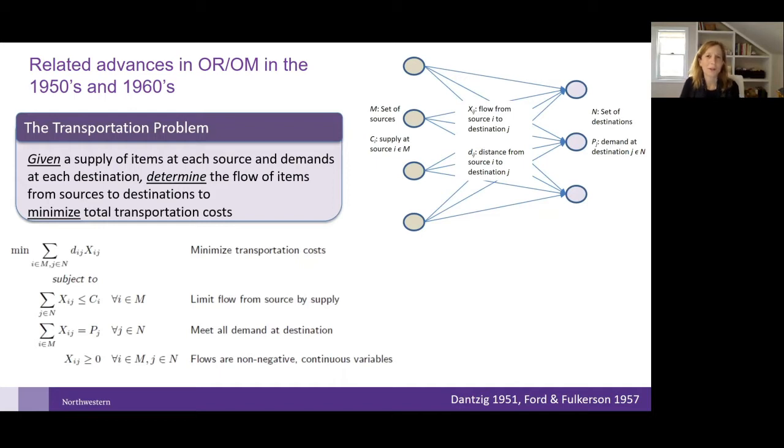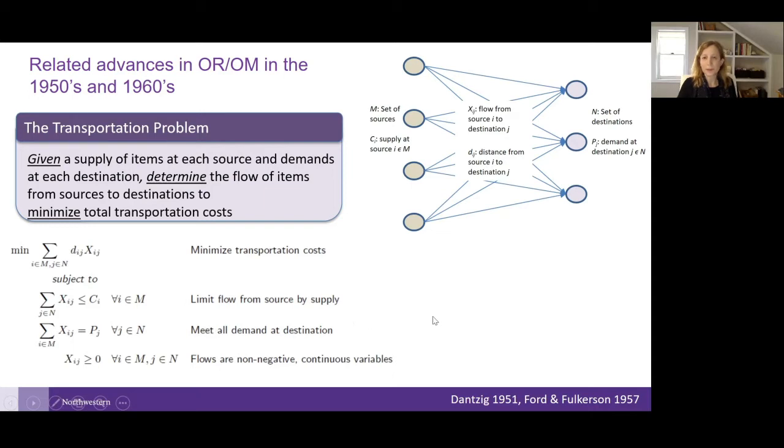So the transportation problem, which I'm sure you remember back to your intro OR courses, is you have a set of sources with supplies and you have a set of destinations with demand. And the transportation problem looks at the cost of going from source i to destination j and looks to, as you can see in the objective function, minimize the cost of the items flowing between. Now, these items are non-negative continuous variables. So in the 50s and 60s, there were very efficient methods to solve these problems. There are constraints on limiting supply as to what you have at a source and